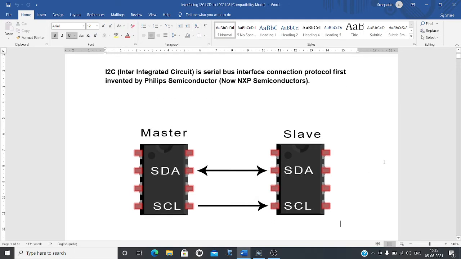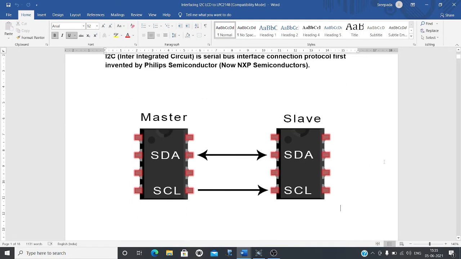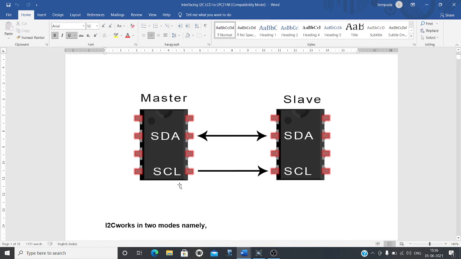So here, this is the basic I2C setup. It is a master-slave configuration. I2C supports master and slave. Master is the device which supplies the serial clock. Whichever device is supplying the serial clock will act as master.